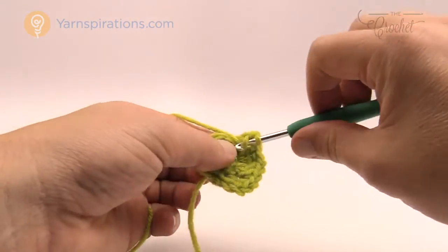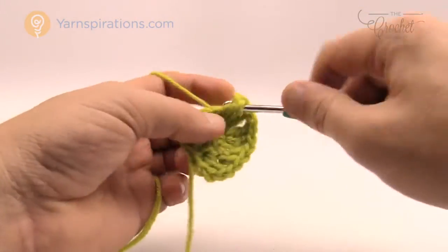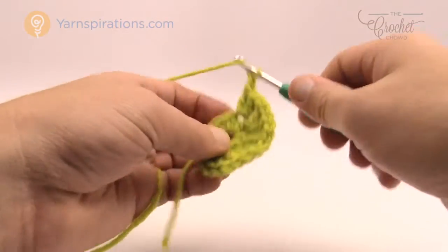The secret is to keep the same count going all the way around. All 4 of the hats start off identically with rounds 1 and 2 just being like this. It's rounds 3 and 4 that change the story for all of the hats going forward. Chain 1,